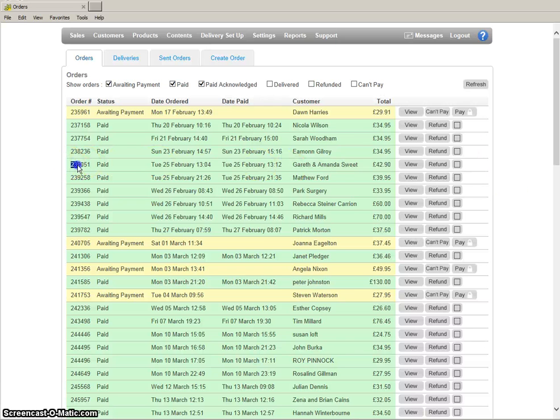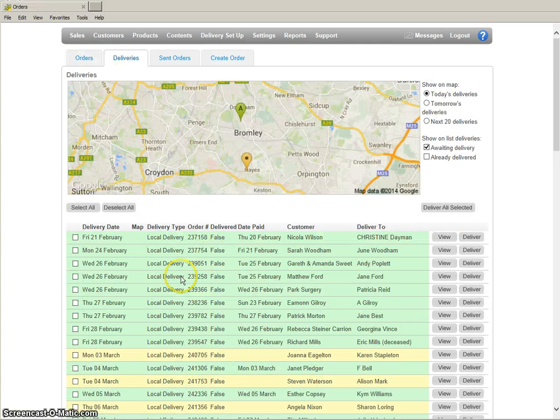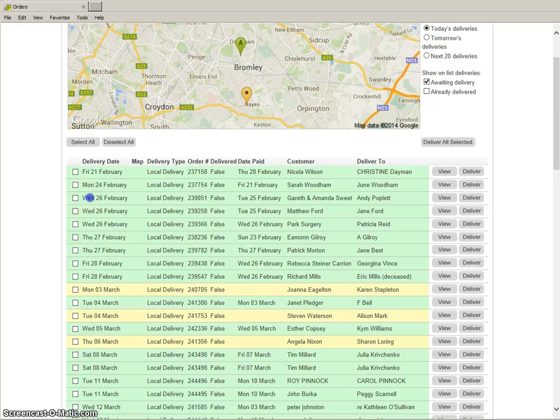I know for a fact that this particular order has been delivered. So what we do is you log into your admin system, and as soon as you've logged in, you immediately go into the sales section, and then you click deliveries, and you can see that this has brought up your delivery map, and there's a deliver button next to every single order. So all that needs to happen is you scroll down. We know that this order here has been delivered, and this is a florist to florist order, and now